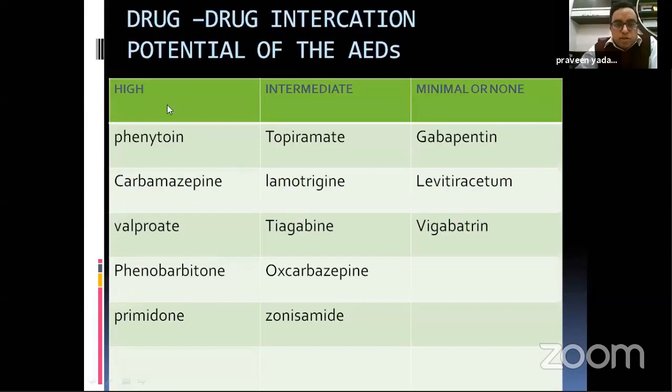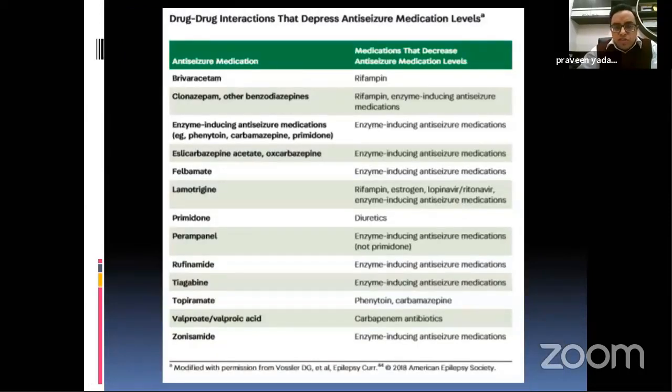So the drug interaction potential is also higher with the older agents like phenytoin sodium, carbamazepine, phenobarbital, and valproate, while with the newer agents like levetiracetam and lamotrigine, etc., the drug interactions are a bit less. Whenever you are using other enzyme inducing drugs like rifampicin and other agents from the anti-tuberculosis drugs, diuretics, etc., then the medication levels may go down. So that also has to be considered whenever you are treating a patient who is already on polytherapy for other